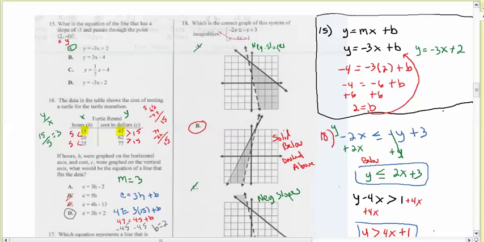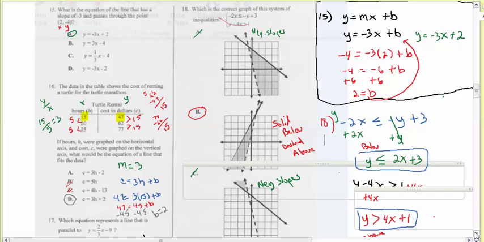What I did was I took my y and I moved it to the other side, and then I took my -2x and I moved it to the other side. So I ended up with y on this side, which is less than or equal to 2x, because I moved that to the other side, plus 3. That's my first inequality I'm working with. The second inequality I'm working with